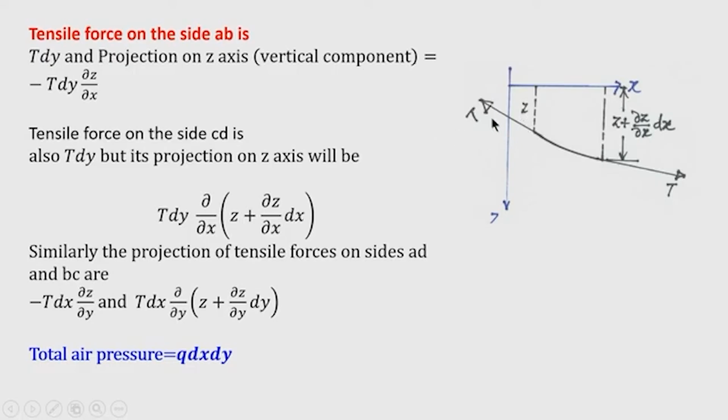So, actually this is T into sin theta, but since theta is small, the slope is small, we can take sine of slope equal to slope only. So, minus T into dy dz by dx is the projection of the tension T dy on the side AB. Here we got it. Now, on the other end, that is at a distance dx,